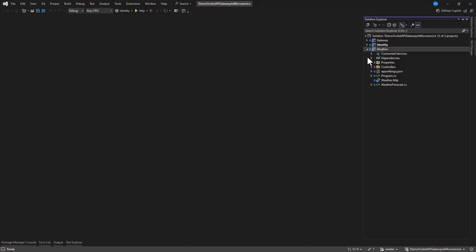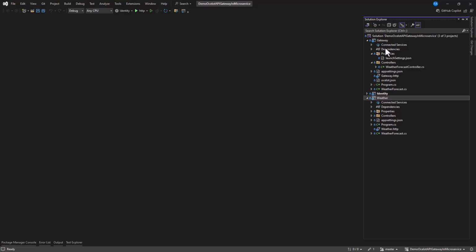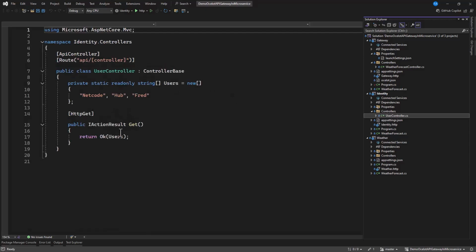So we created a solution. You can see we have 3 projects in here. And what we did here was quite simple. We have this gateway, then the identity API, and then the weather API. The identity API has only one endpoint, which returns a list of users.